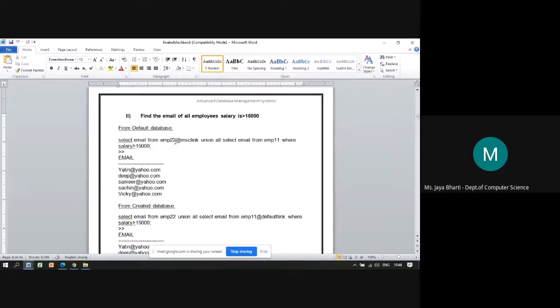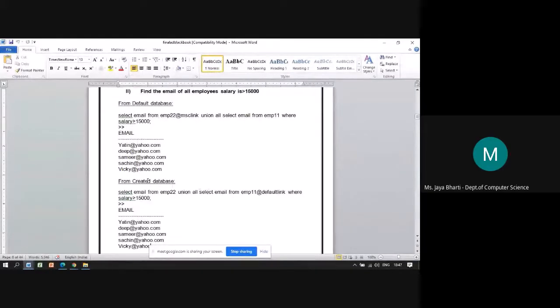Select email from EMP22@MSC link and select email from EMP11. From both the copies, it is combining the values which satisfy the condition salary is greater than 15,000. This is on the default database. Now on the created database, there will only be a swap.